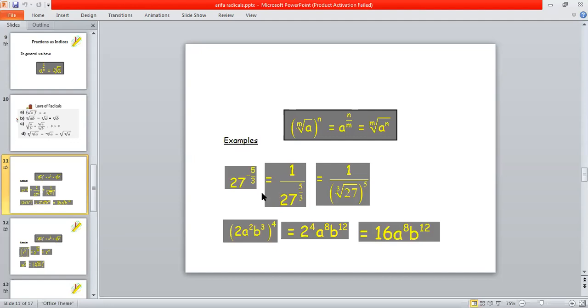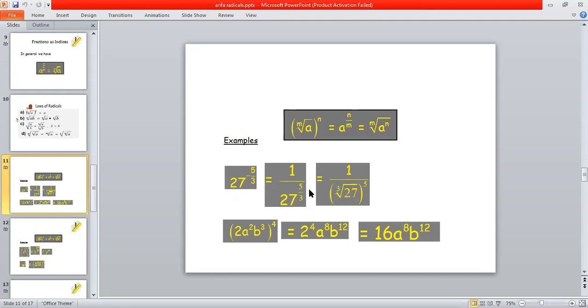So here is a very important law. When we simplify an expression or any term with a negative sign, first of all we convert the negative exponent into a positive exponent. What is the method to convert the negative exponent to a positive one? You will first take the reciprocal of the base. Here the base is 27 and it is in the numerator. You will take the reciprocal, it is lying in the denominator, and the power should become positive.